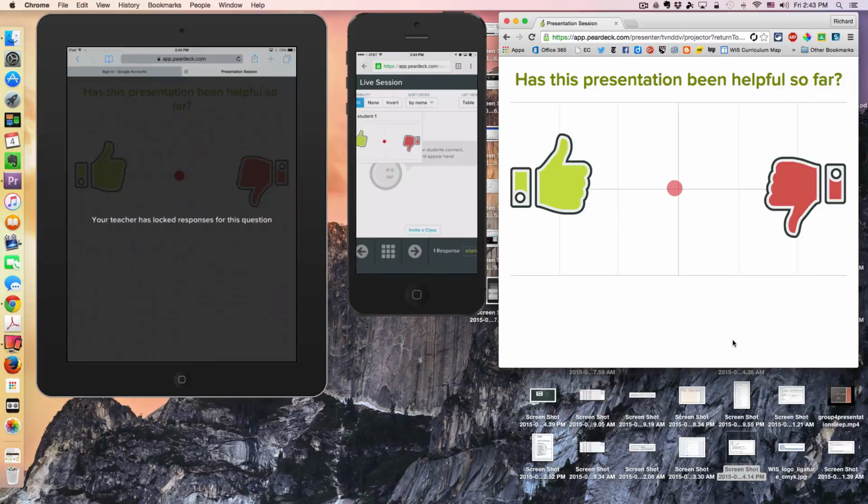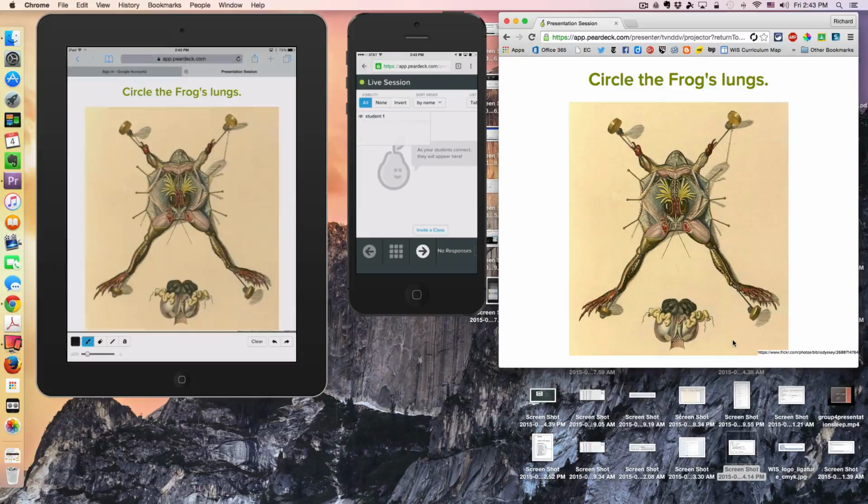Again, back to the teacher dashboard on my phone. I'm going to fast forward again. Here's another way to interact. I can have them draw pictures on top of other pictures. So in this case, if I wanted them to sort of let me know if you know where the frog's lungs are, I could simply take my paintbrush,